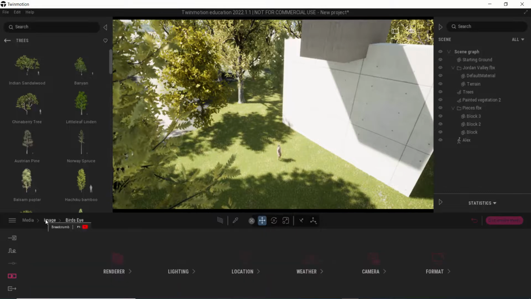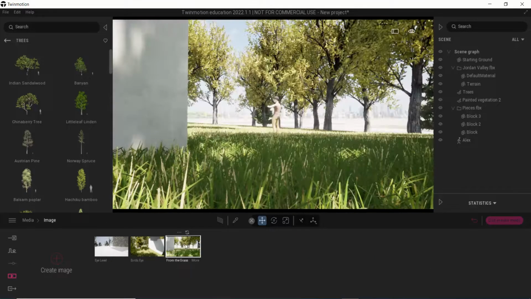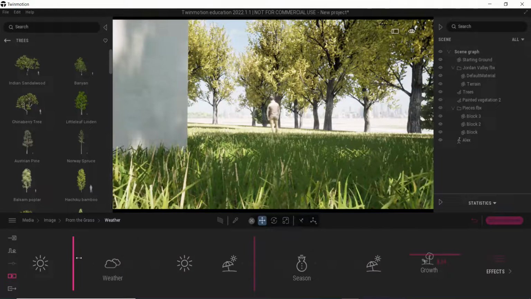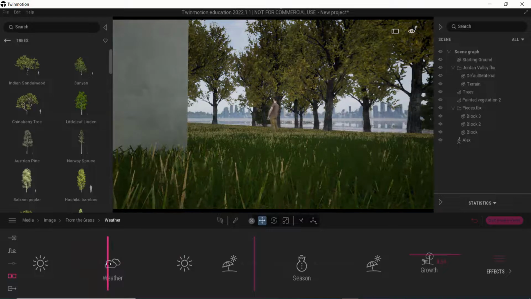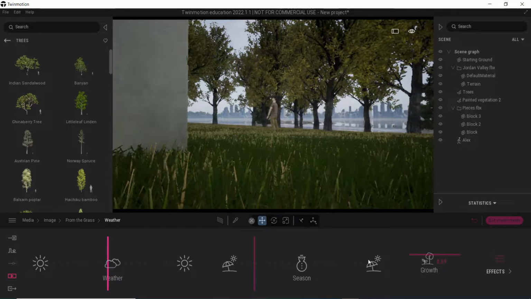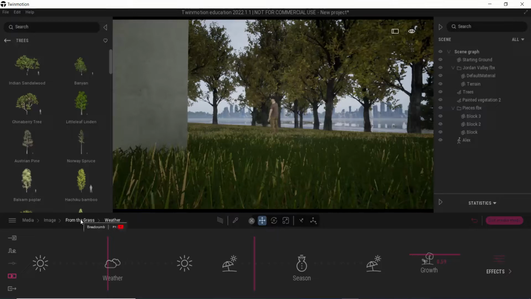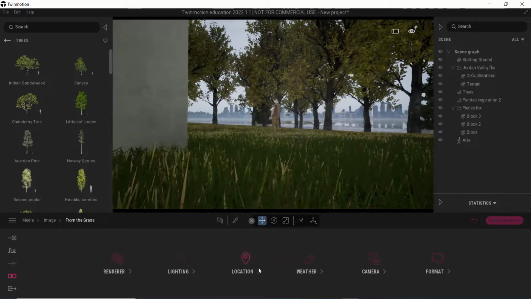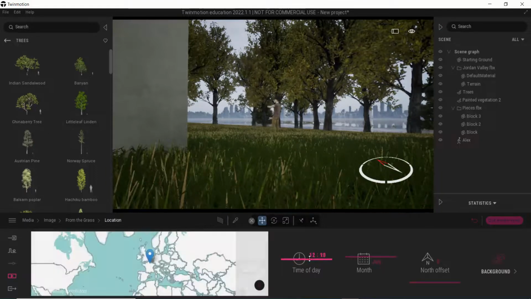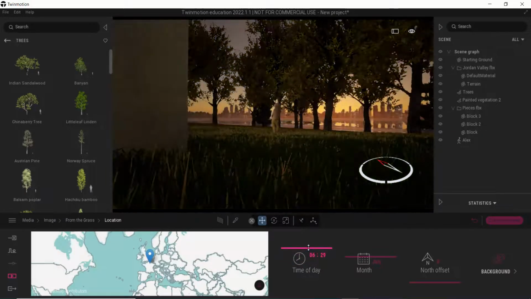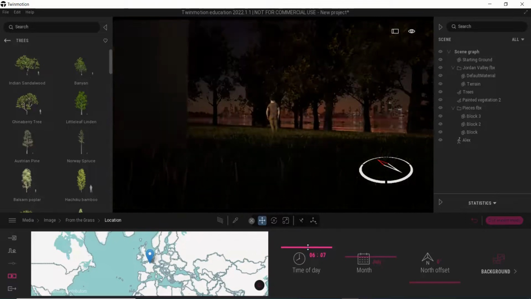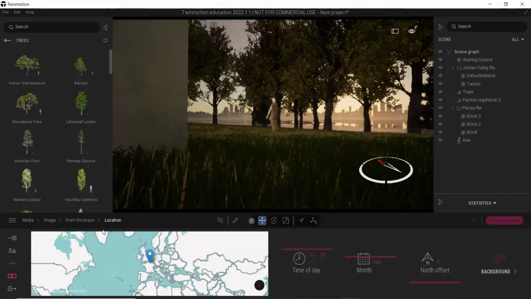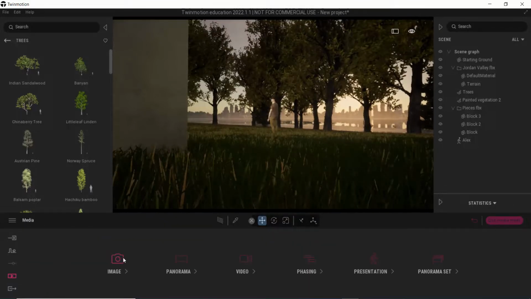So let's go back and back again to our images. This last one, let's change the weather again. So let's go ahead and make it cloudy. Let's get a little rain happening. And let's make it a little bit more of a night scene. What do you say? Let's go back. And under location, do something about like that. Cool, so we've got 3 different views,